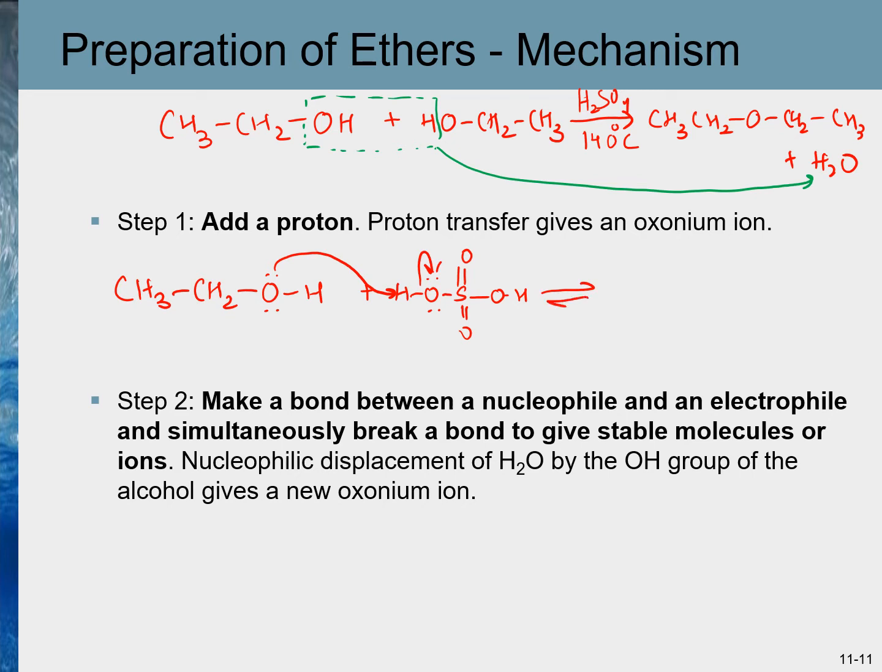And this proton transfer step is a fast and reversible step, and it will result in formation of an oxonium ion plus the conjugate base of the acid. In second step,